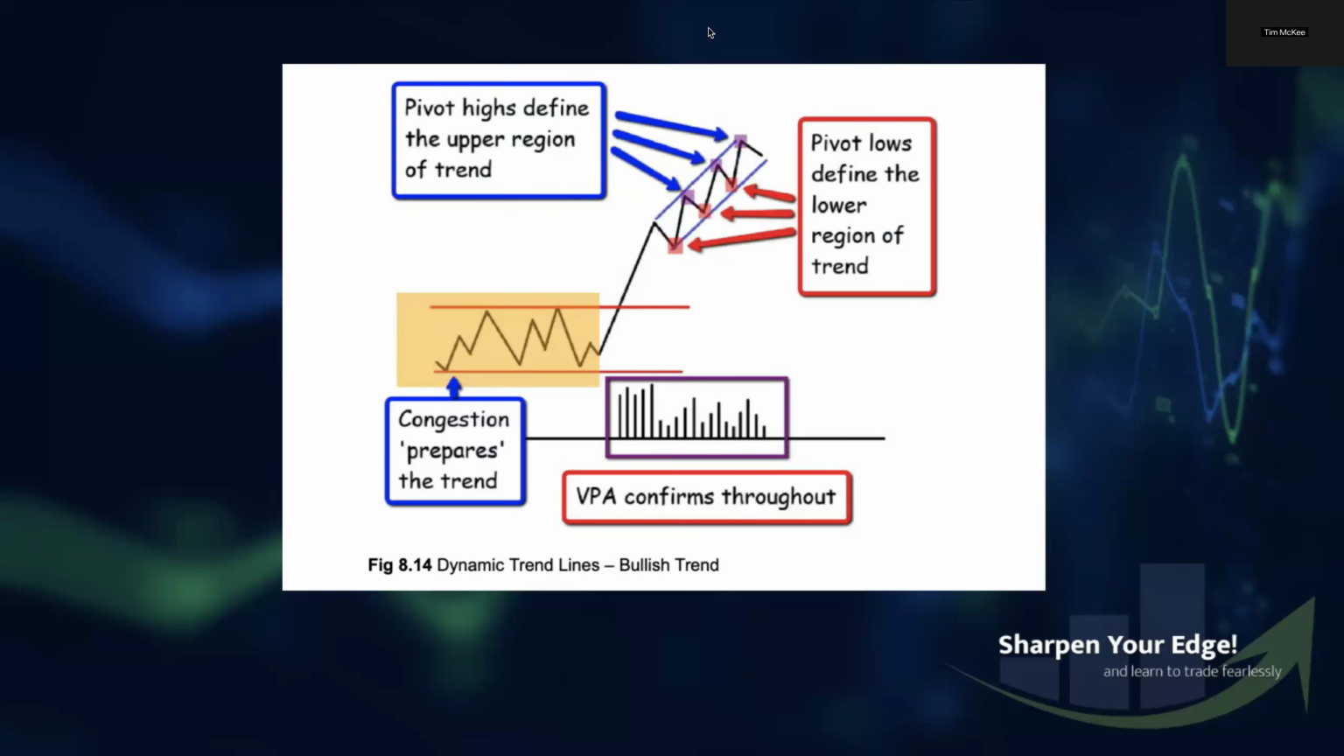This figure. So this is dynamic trend lines, bullish trend. So you can see what's happening here as the trend develops. We move up, we may pull back a little bit to a pivot low, we push higher to a pivot high, we push down to a pivot low, a little bit higher. But let me come back up